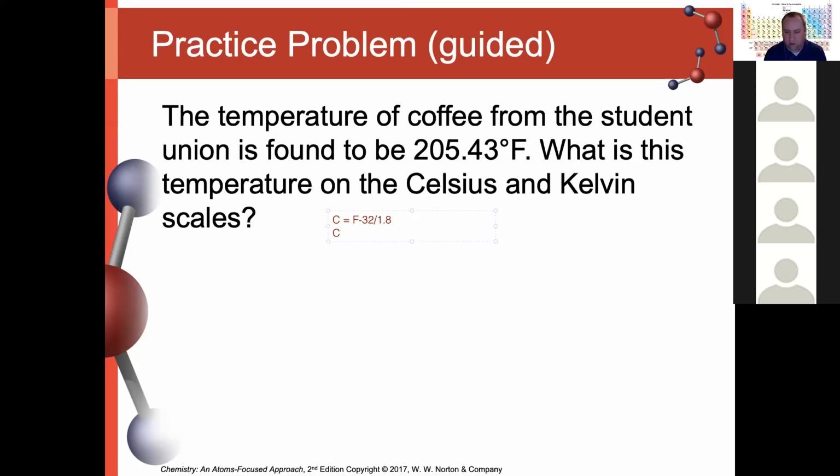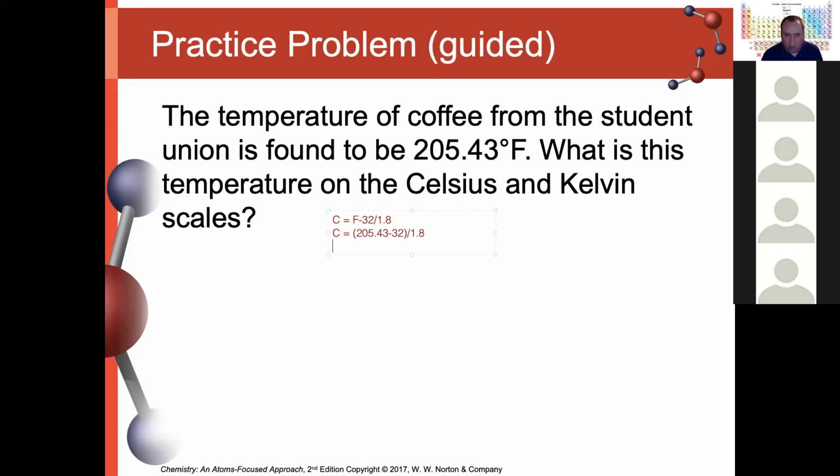So 205.43 minus 32 divided by 1.8 is going to be our calculation here. And so if we punch that into our calculator,